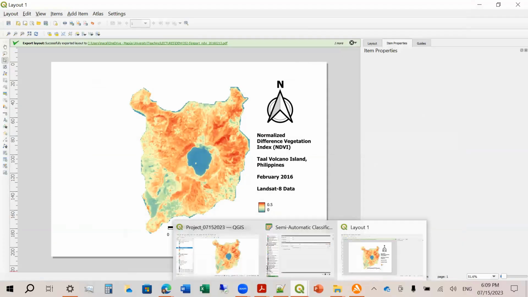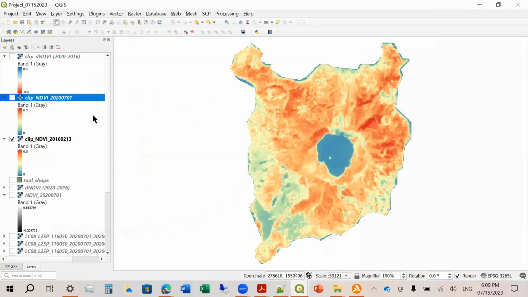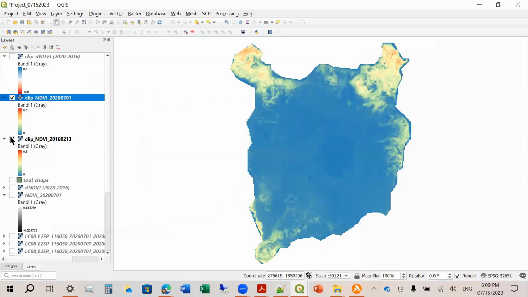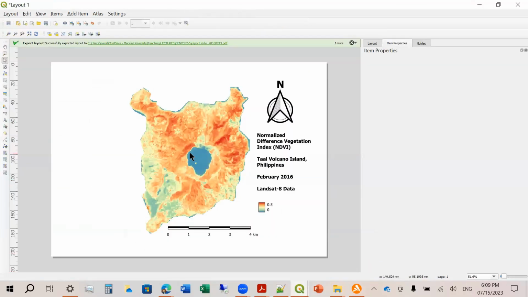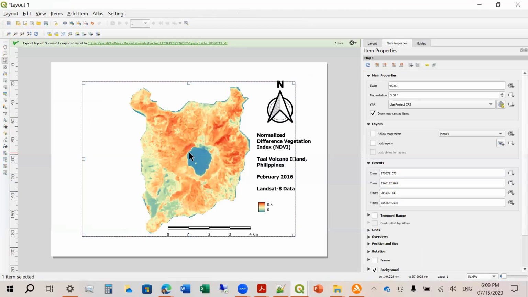Now, if you want this layout already, this will be based on what is shown in the project. So I want to show 2020. So you just click, make this visible. Then go back to your layout. Then right click, item property. Let me just refresh, update map preview.